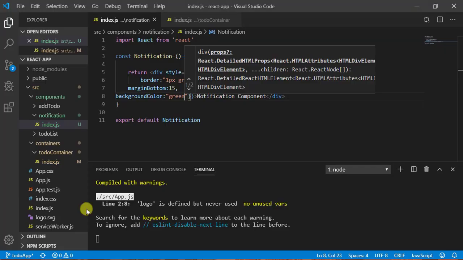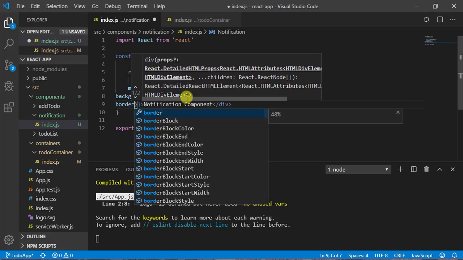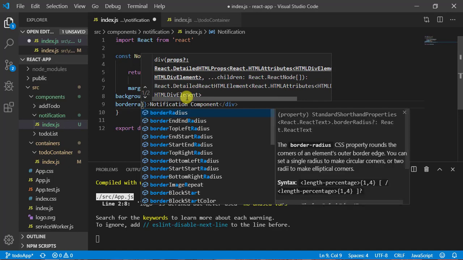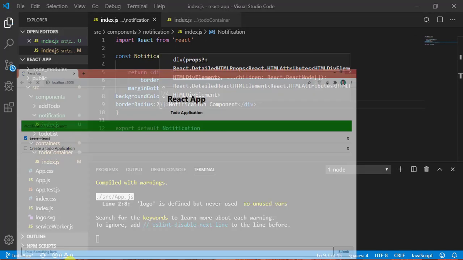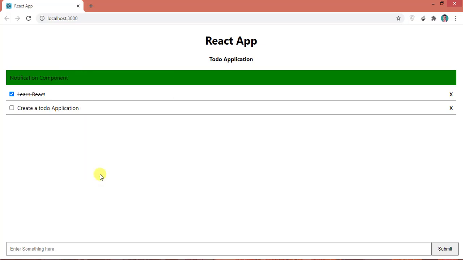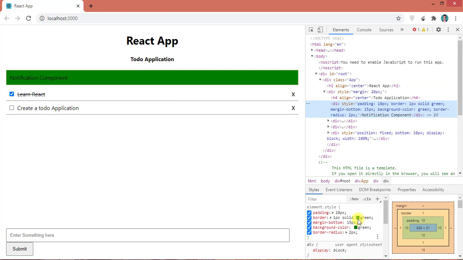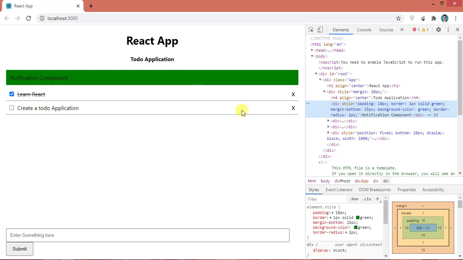Now let's give some border radius, so border radius and give 2 pixel. Okay, and change the background color here. So right click here, go to inspect. As you can see here, I am able to see this one. If you are not, select this option from here and point to this component and click on this green.